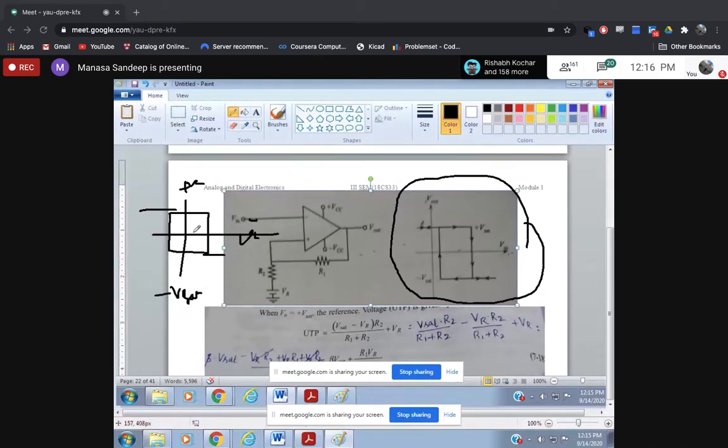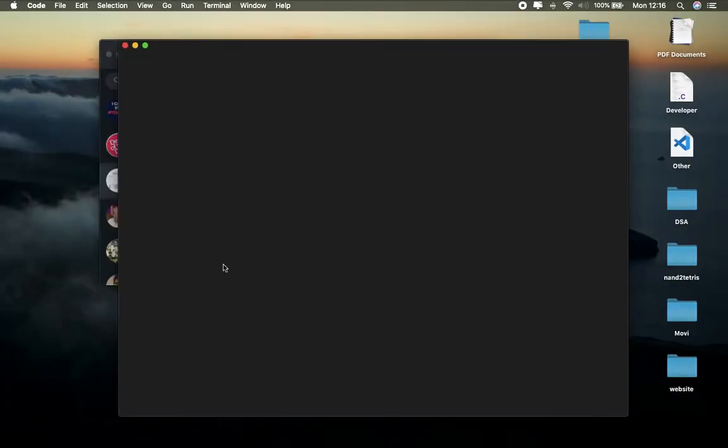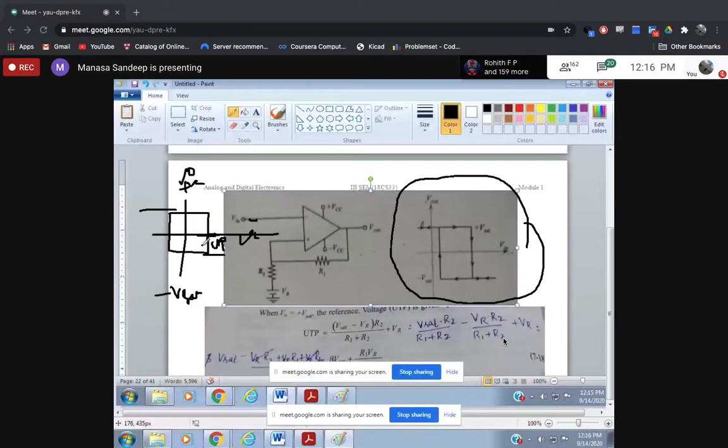Okay, so whenever your input goes above Vi, this is your UTP point, correct? Whenever your input goes above Vi, this is V out, what happens to this output? That's why you have this arrow mark here, correct? Just imagine this is the center line, that's it. Whenever your input goes above V UTP, the output will fall from plus V saturation to minus V saturation, and your output will be in the minus V saturation till your input reaches the LTP point.